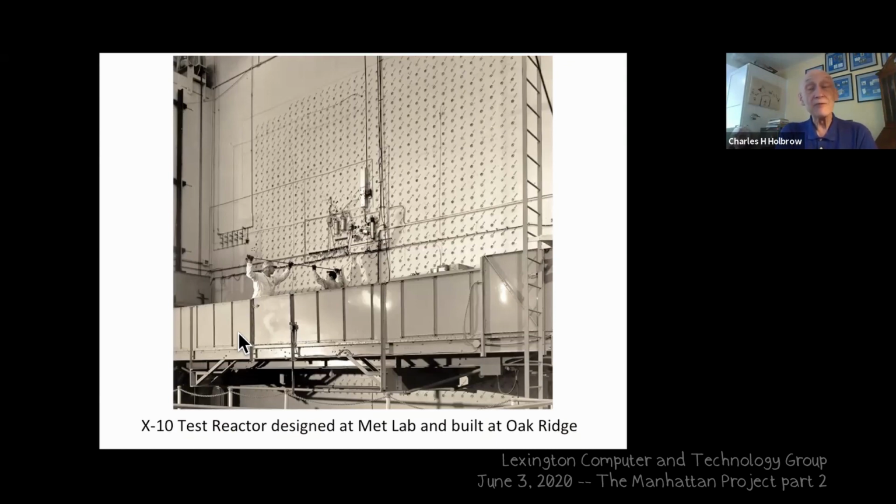In the meantime, they have to build Hanford Works. At peak construction, there are 50,000 workers there. You know, this is in the middle of a war. Holy smoke, it's big stuff. All right, so